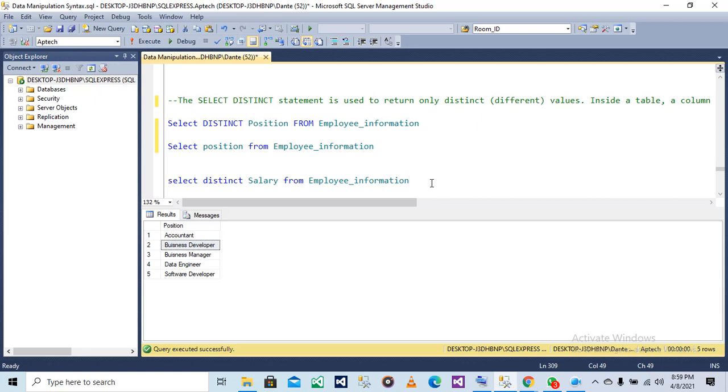What other example can I give? Okay, let's say we have a car registration company that is registering cars. So many people are using Honda, so many people are using Toyota and the rest. But the company now wants to know the brands of cars that they have under them. They don't have to start selecting everybody.